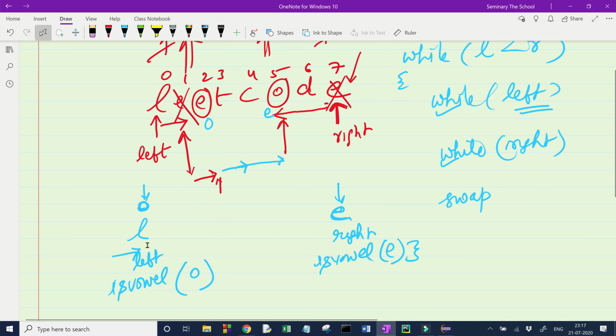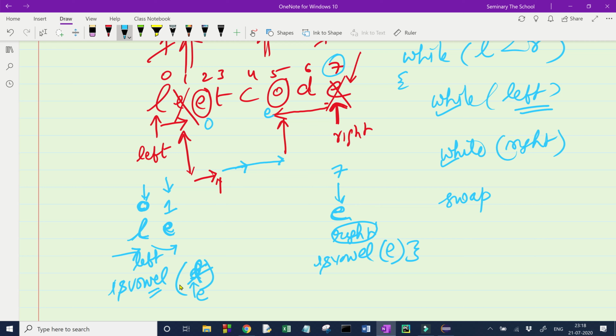As soon as it returns true, my loop will be stopped as it is. Whereas in the first loop, this is the 0 number index. We had this L. We asked our isVowel whether this L is a vowel or not. This is not a vowel, so our left will go ahead. Here we will find e. Now isVowel will tell me this small e is a vowel. So again we will stop. So now after the termination of the first loop, my left is at 1. After the termination of my right loop, the right variable will be at the 7 number index.